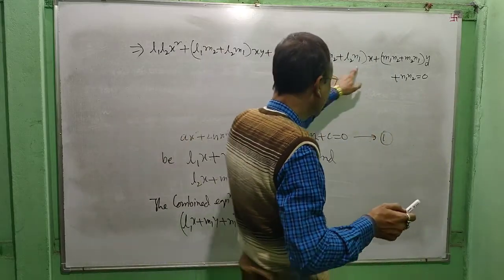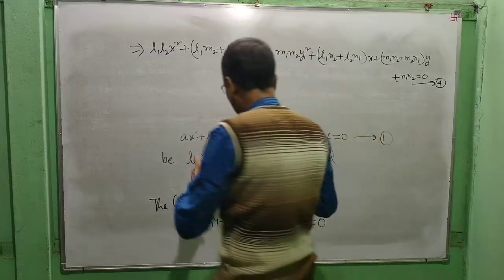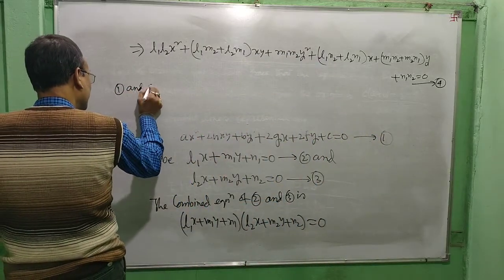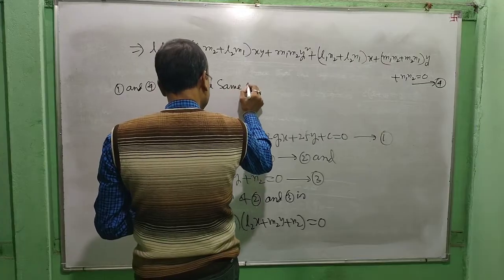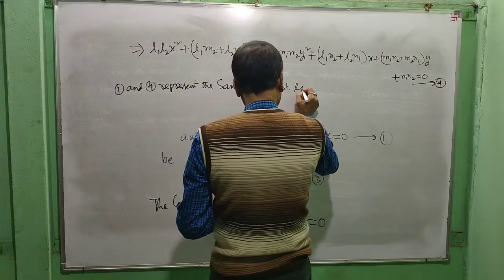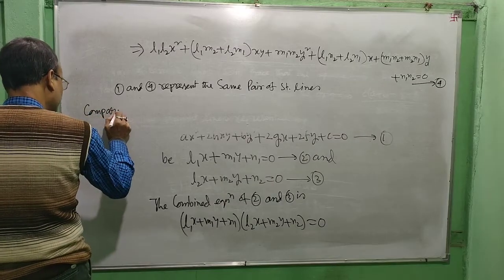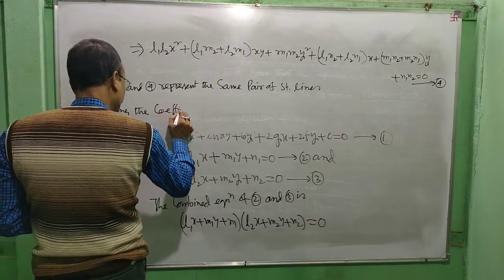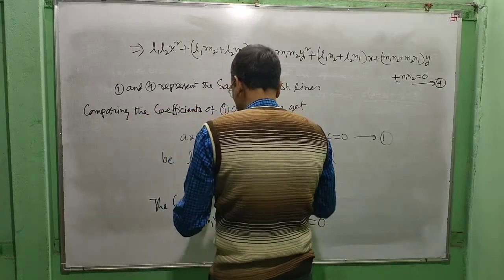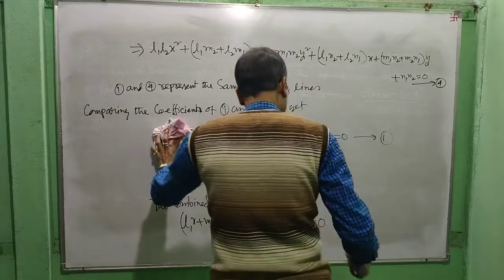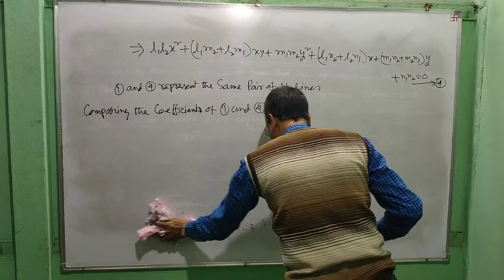1, 2, 3, 4, 5, 6, 7, 8, 9. All the terms have been written here. Obviously, 1 and 4 represent the same pair of straight lines. Comparing the coefficients of 1 and 4, we get